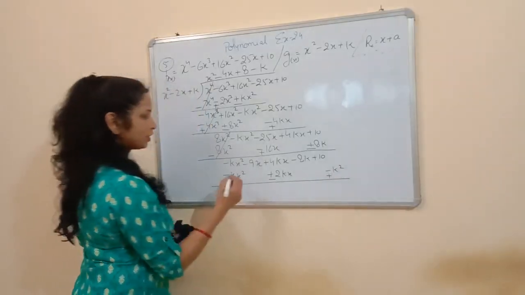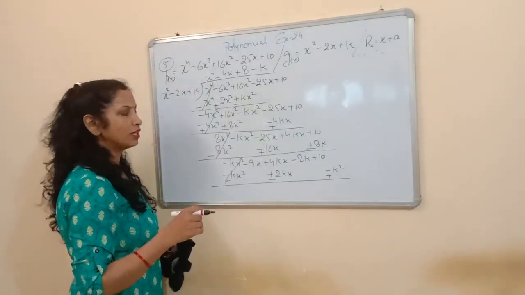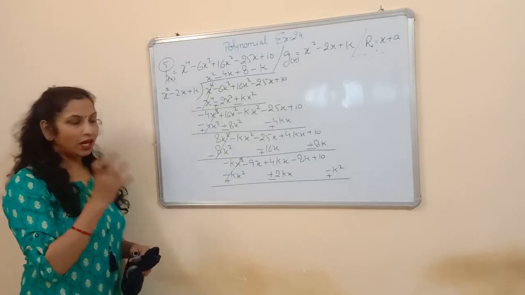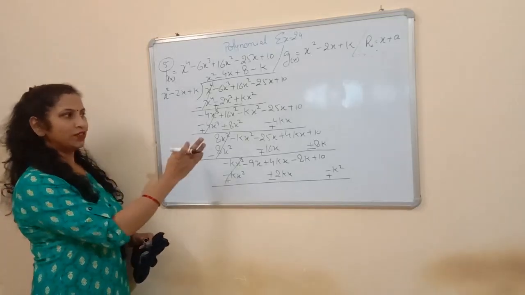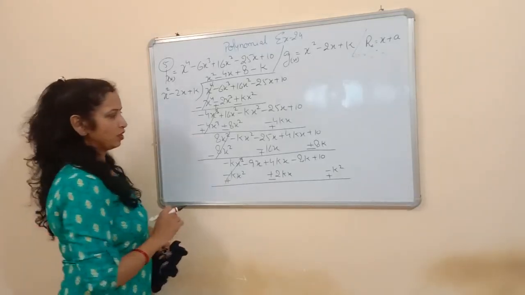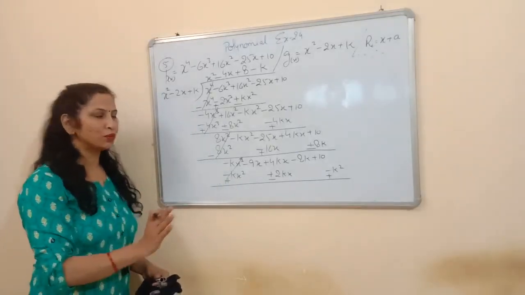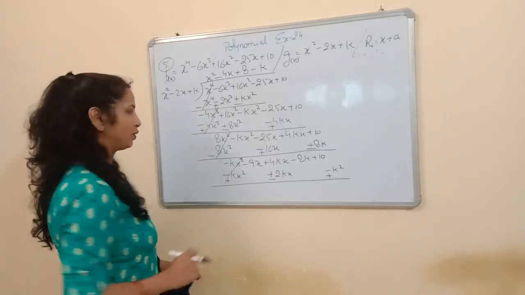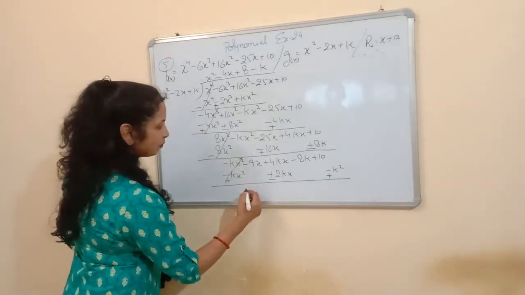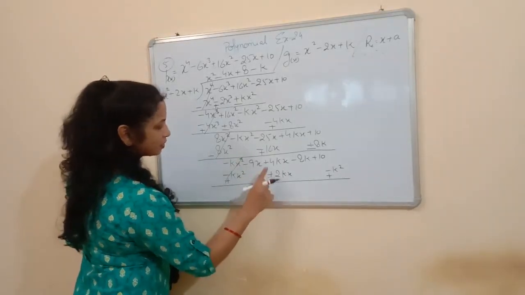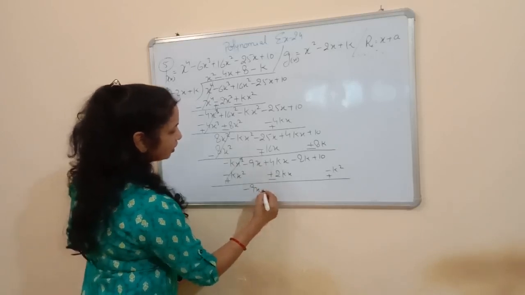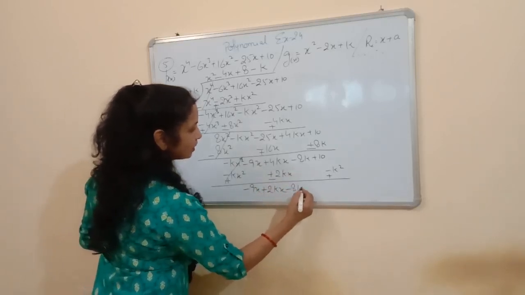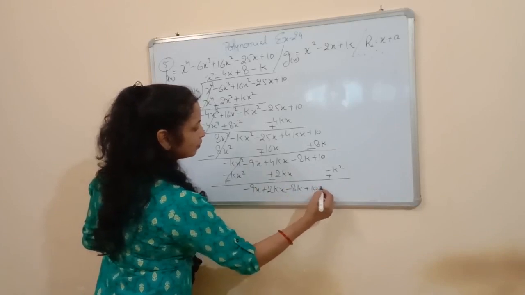ये थोड़ा सा मुश्किल लगता है बच्चों को, पर ये क्वेश्चन इतना मुश्किल नहीं. अगर आप ध्यान से, सिंसियरली, ध्यान के साथ कंसंट्रेट करके डिवीजन करते हो तो गलती नहीं होती है. डिवीजन तो सिंपल ही है, बस थोड़ी सी गलतियां हो जाती हैं, कहीं साइन मिस्टेक हो जाती है. थोड़ा ध्यान से करेंगे तो गलती नहीं होगी. तो देखिए क्या बच रहा है, यहाँ पे बच रहा है हमारे पास 9x, और ये बचेंगे प्लस के 2kx, और ये है माइनस 8k प्लस 10 प्लस k स्क्वायर.